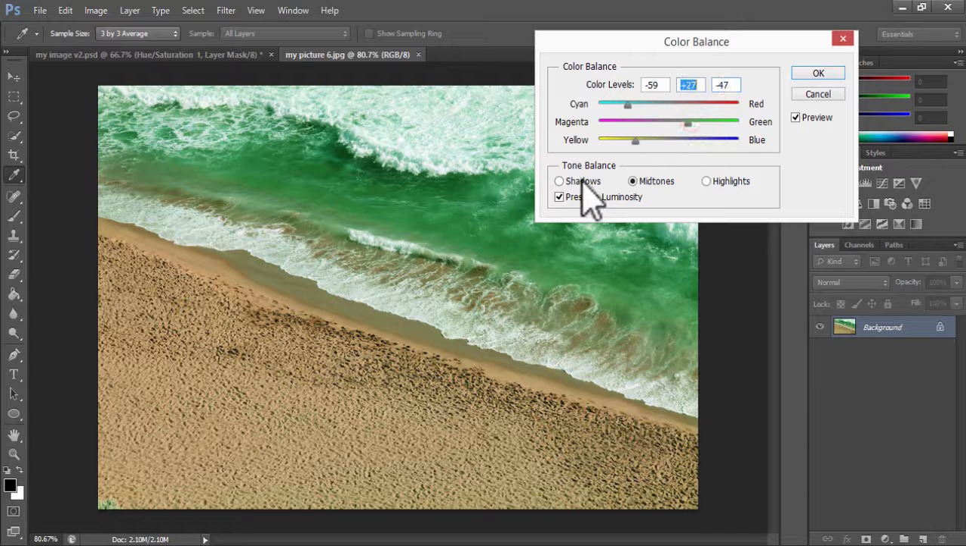And as well as that, we can adjust our shadows. So if we was just to work with our shadows a little bit, as you can see, these adjustments are also being applied. And we could even work with our highlights if we wanted to. And just to quickly show you what that looks like,